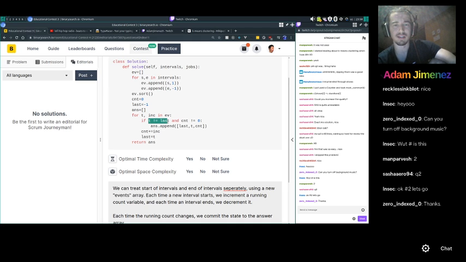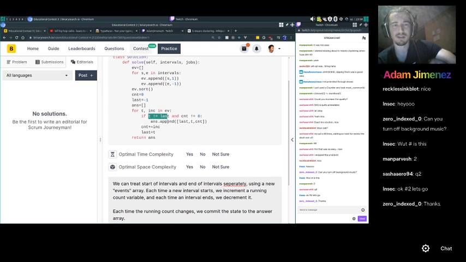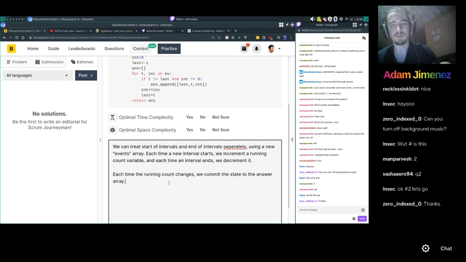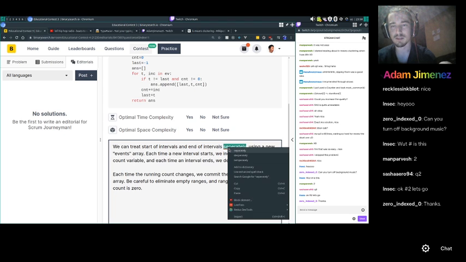Like if one interval ends at a certain number and another one starts at that same number, it gives an empty range if you don't add that case. So be careful to eliminate empty ranges and ranges where the running count is 0 separately.